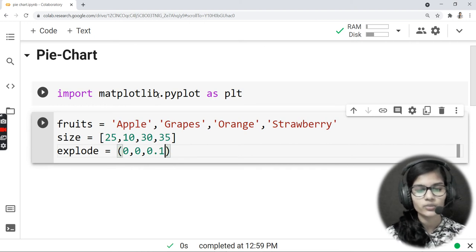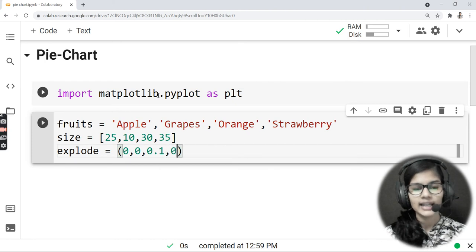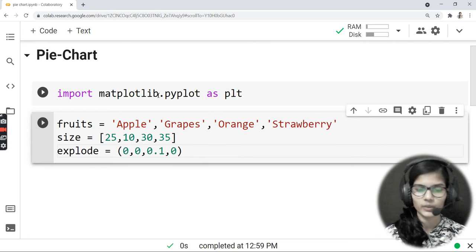I want just 0.1 of this to come outside, right? That I have written. And I would put 0 here again. So what it will do, it will form my 25%, my 10%, my 35% in one proper pie and one proper circle, and the 30% which we have written will be coming a little bit outside the circle. Right? This is the whole idea which is going to appear.